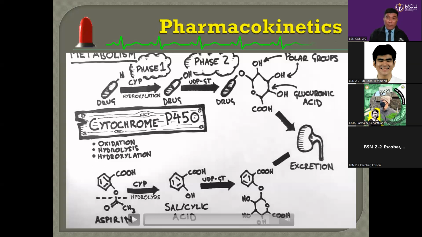Moreover, other than the effect on the liver, it will continue to extend its problem to the kidneys. So that's another concern because toxins may not be removed from the body. So the cytochrome P450 is the one that really considers how drugs are processed in phase 1 and phase 2. Phase 1 involves oxidation, hydrolysis, and hydroxylation. We will not discuss this further or in detail, but moreover, the basic understanding is how the chemical changes happen during metabolism.